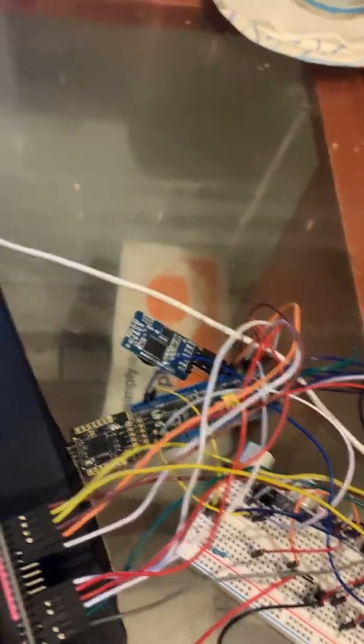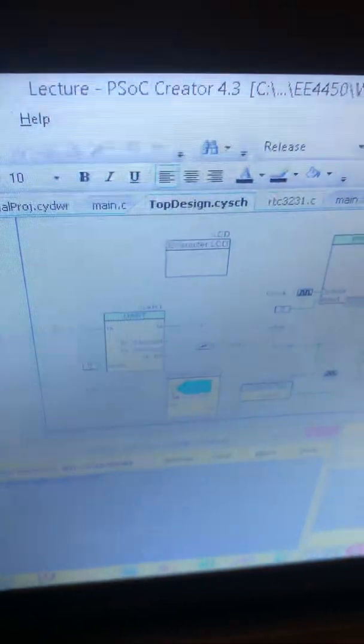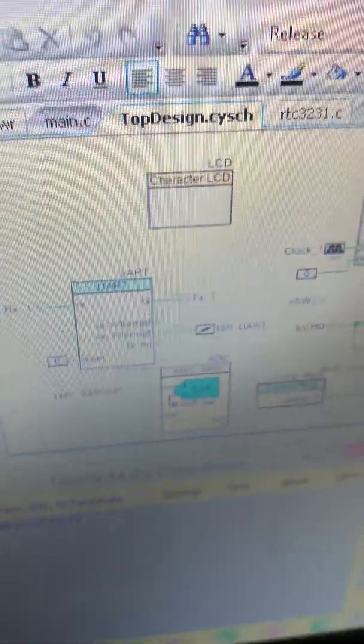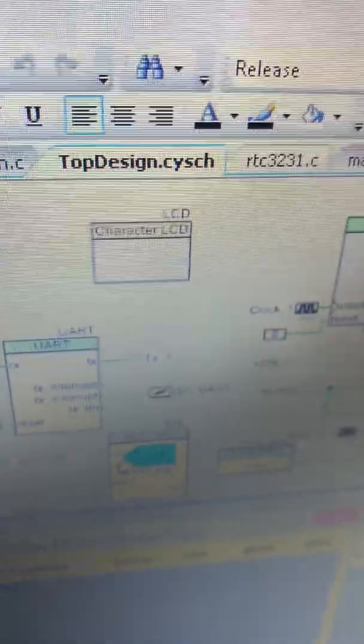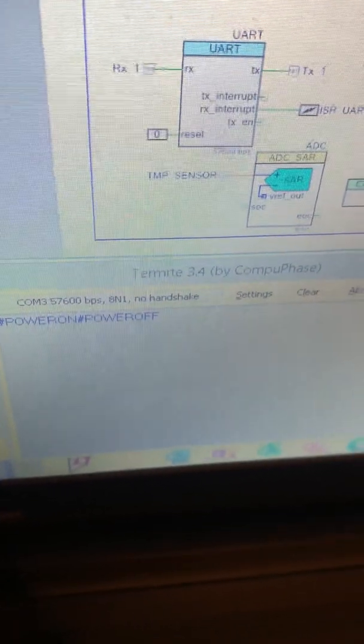And now I will be moving on to my top design for this project. In PSOC, a top design is necessary in order to implement these components overall, in order for the hardware components to actually read the code based on the top design that the component requires. In this project, the software design part of this PSOC code requires an LCD, a UART, which is essentially an interface from Termite right here in this case, that will take in 2 power commands, power on and power off, and obviously the fan to adjust the fan speed,